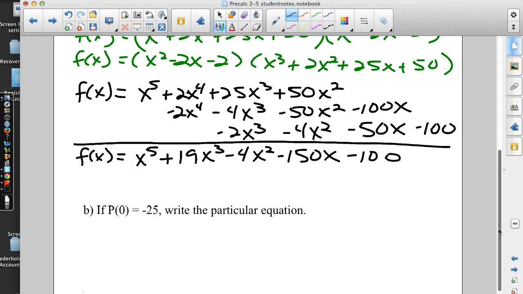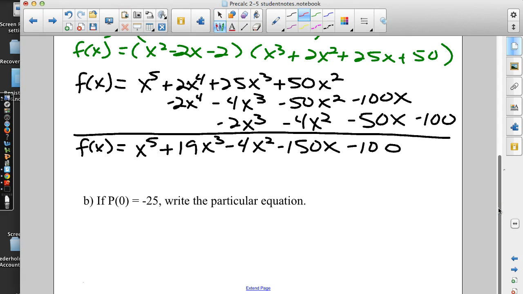Now this next part is thanks to your homework. Because there are a couple of these in the homework where they do this. They say, okay, here's a second piece, as if that wasn't enough. When we put 0 into this function, we want negative 25 to pop out of it. Well, if we put 0 into ours, we're going to get negative 100. Because it's this last number that's all that's going to be left when you put zeros in there. So what would we have to do to this thing to make this be a negative 25? We have to divide everything by 4 or multiply it by 1/4. Either way, everything's going to need to be divided by 4 to make that